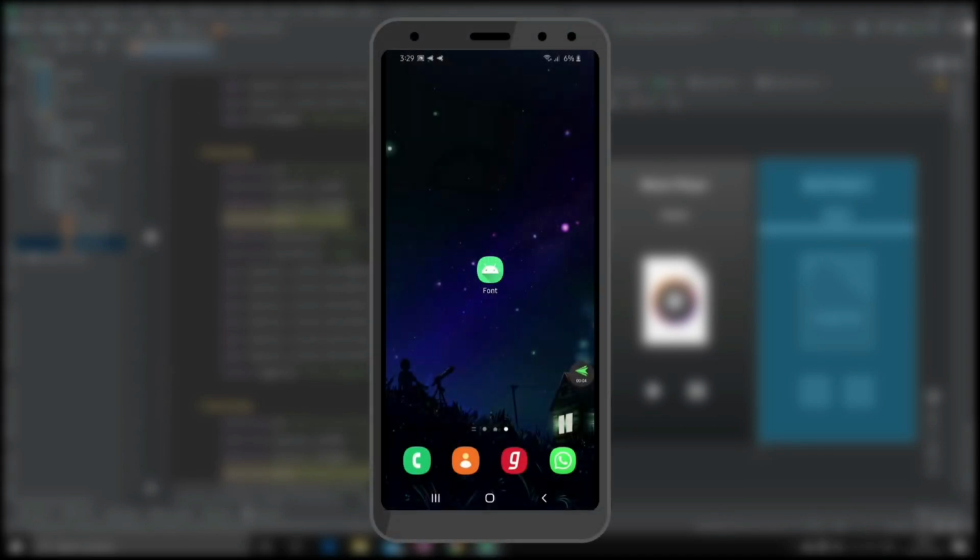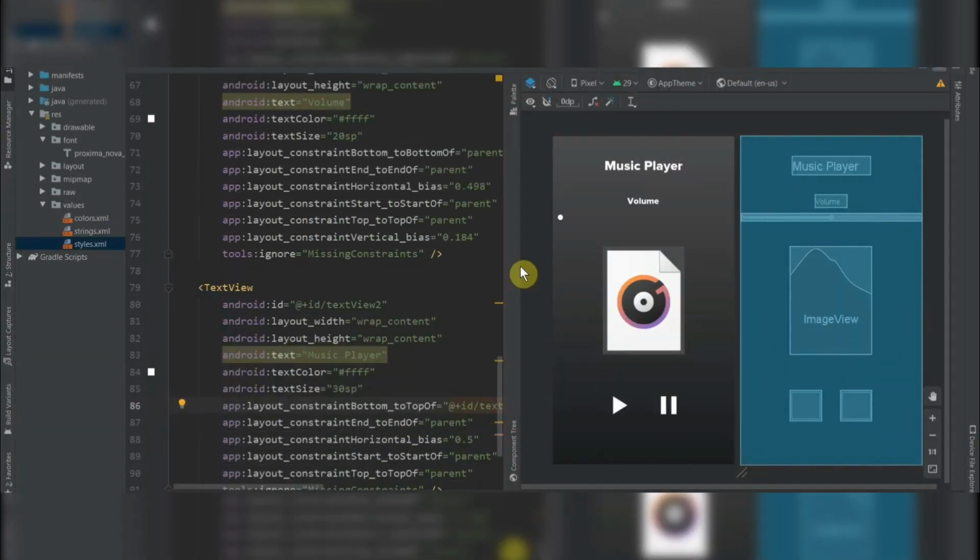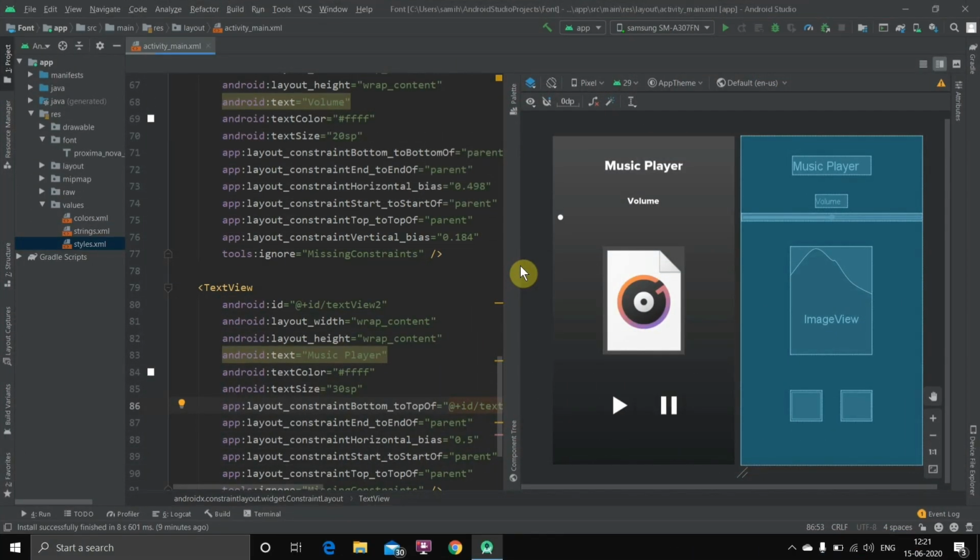Okay, so this is our application. Let's click on it. As you can see, the font has been applied to the whole application. See this text view, and also the action bar. Now if you enter any kind of text in the application, like in some password field or email field, then the font inside the text will also be the same. So that's it. Let's get back to the video. So that is how you can bring custom fonts inside your Android application.